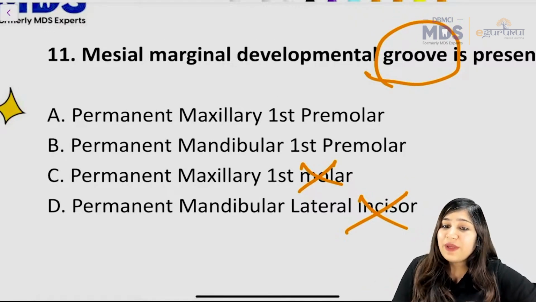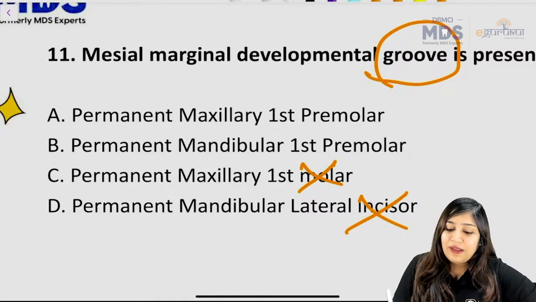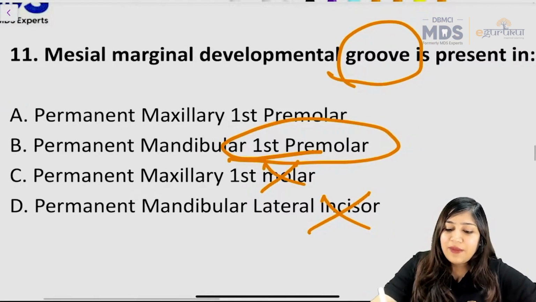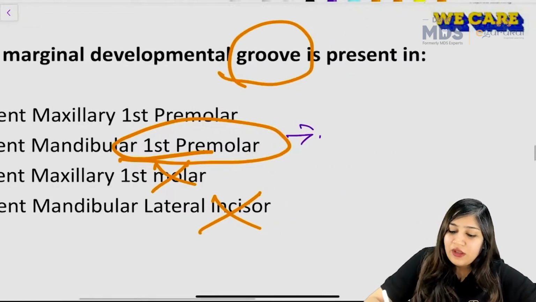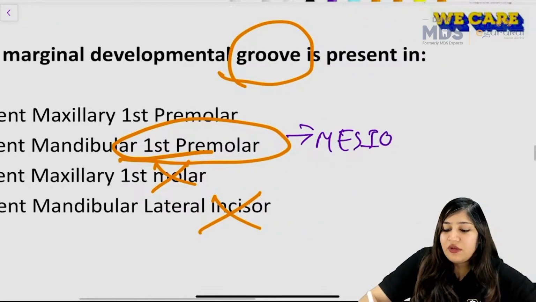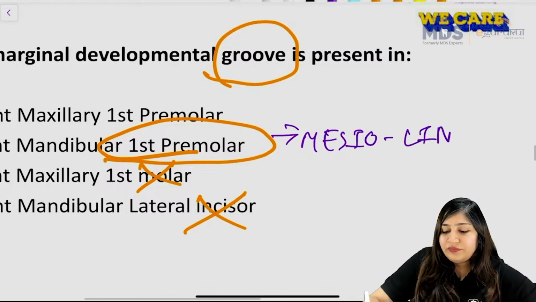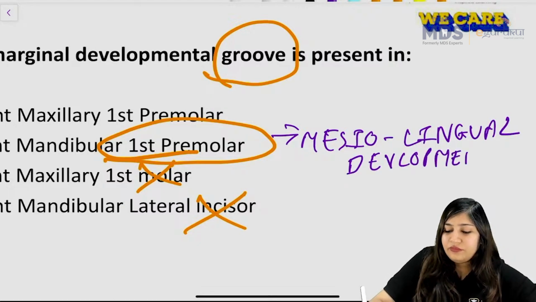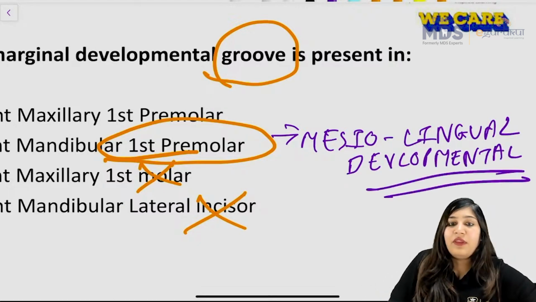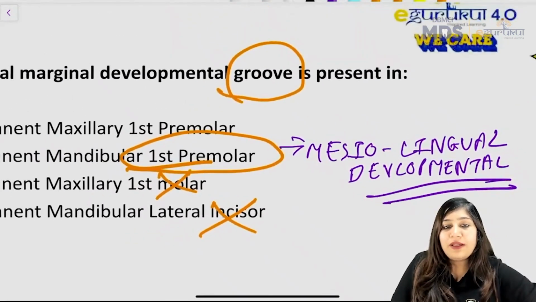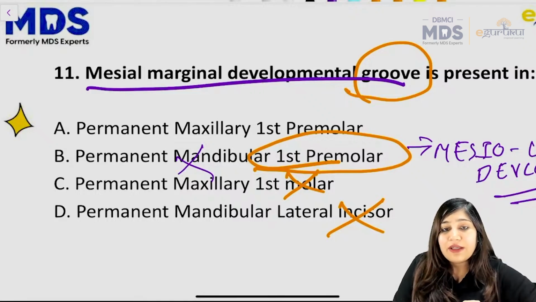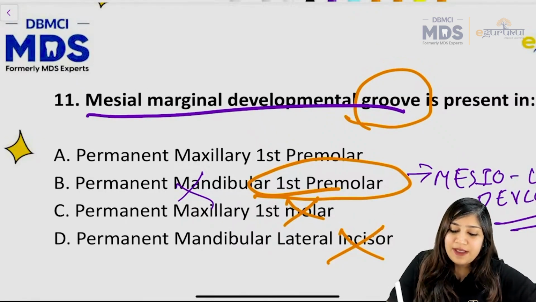Permanent mandibular first premolar basically has the mesiolingual developmental groove. So this is also not the correct option because we are asked about mesial marginal developmental groove. So the correct option here will be basically